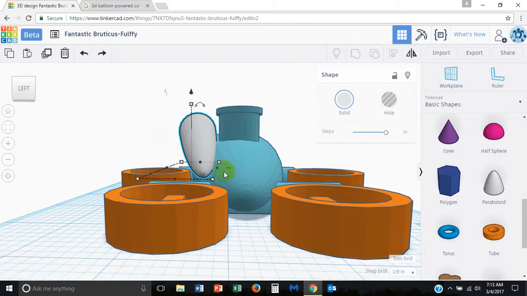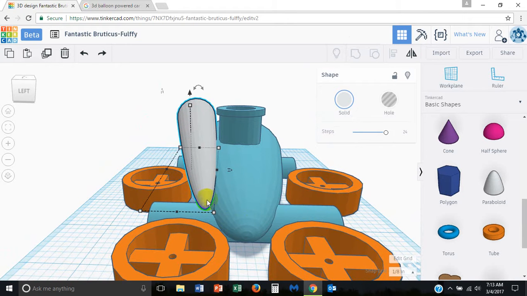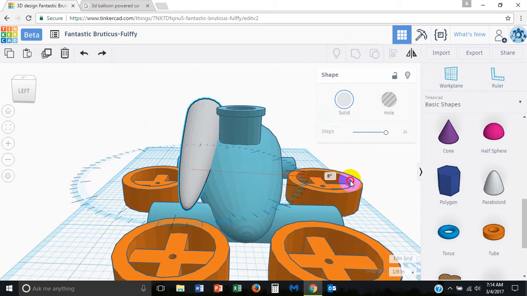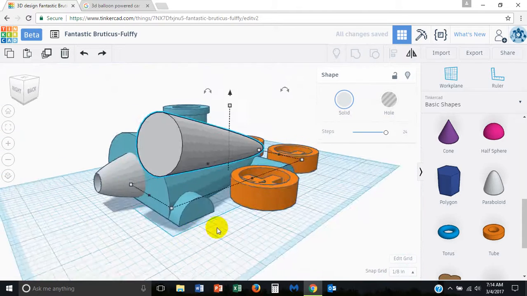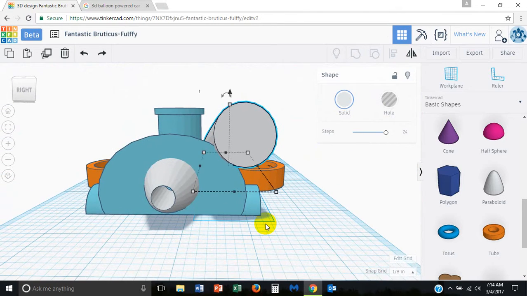Kind of hard to do. There we go. I think I might have it now, so I'm going to push it